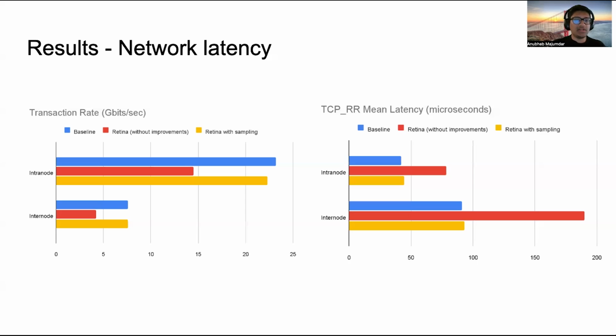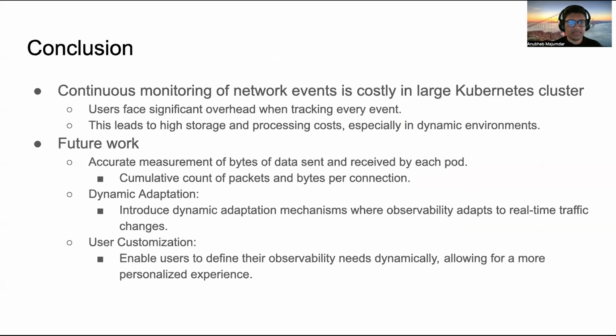Next, we installed Retina on the same cluster with sampling enabled. By leveraging sampling, Retina introduces slight to no latency in both throughput and TCP round-trip time. For example, Retina introduces only 2 microseconds to mean latency in intra-node pod-to-pod TCP communication. In conclusion, we saw that by using sampling in eBPF programs, we can provide key metrics continuously without sacrificing performance